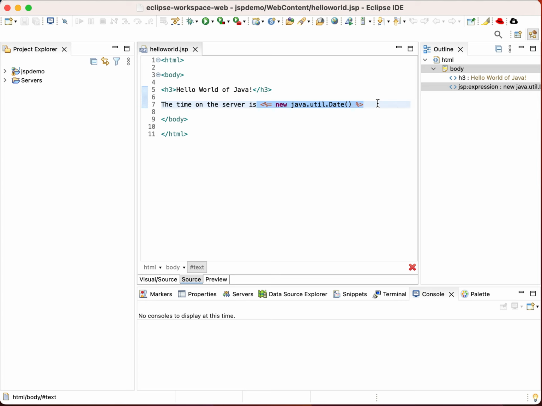Again, remember the angle bracket percent with the equal symbol, where we can place a Java object. Once this is processed by the server, the generated HTML is simply the toString version